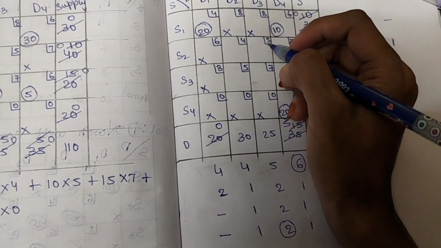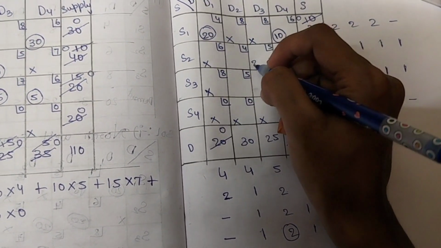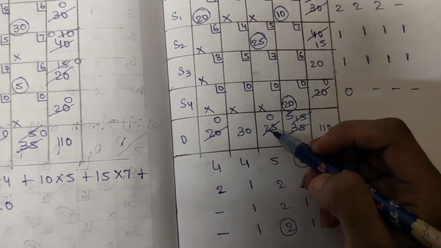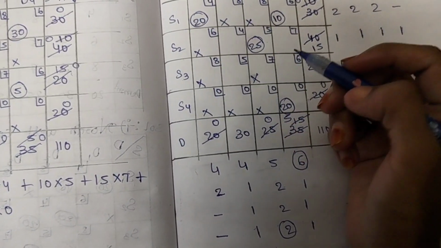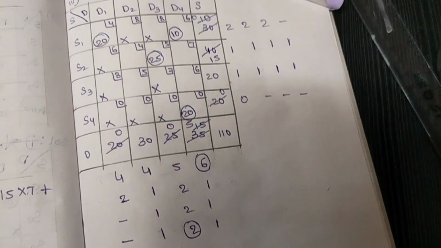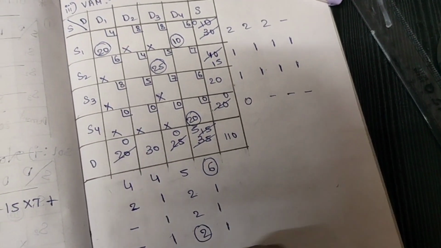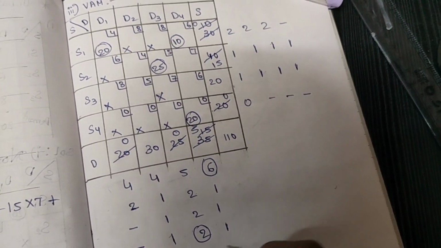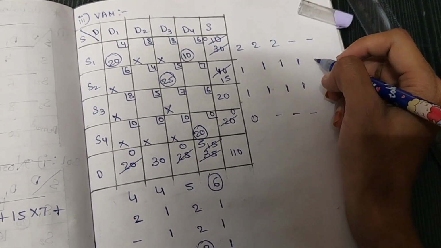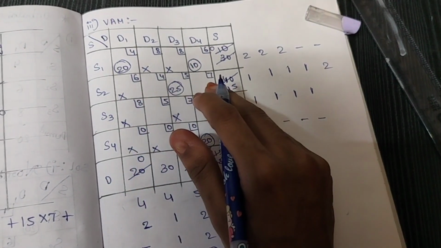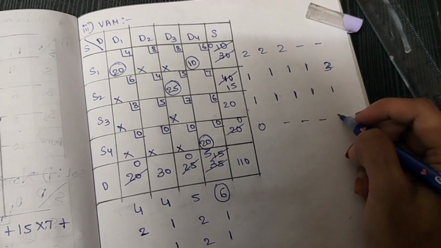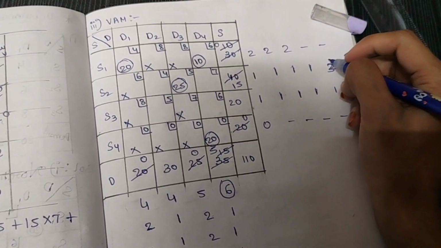We have minimum 5. So 25, 40, we can allocate 25. This becomes 0. This becomes 15. This column became 0. We will cross out this whole column. So the remaining is one cell, so I have crossed it out. Now again check the penalties. This is nil. This is 1 again. This is nil. This is 1 again. This is nil. This is 2 now. 4 and 7, 3. 5 and 6, again 1. This is nil. So when we compare, 3 is the highest.